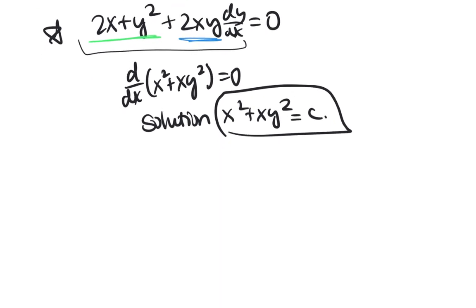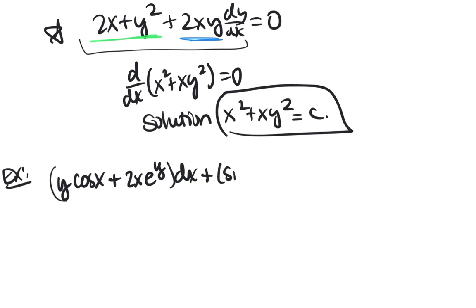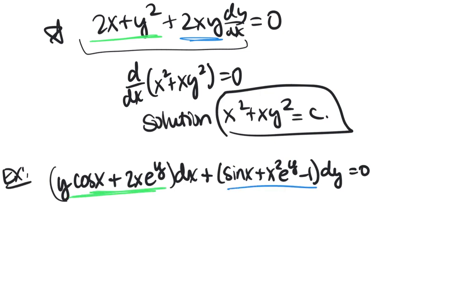Okay, so say I had one that I wasn't sure about. Let's make it complicated. So we have this other example. Say that I have (y cosine x plus 2x e to the y) dx plus (sine x plus x squared e to the y minus 1) dy equals 0. Okay, so the question that we're asking is, does there exist some function